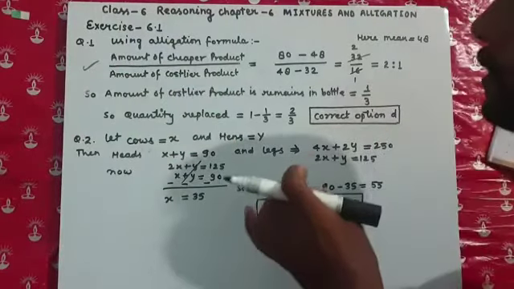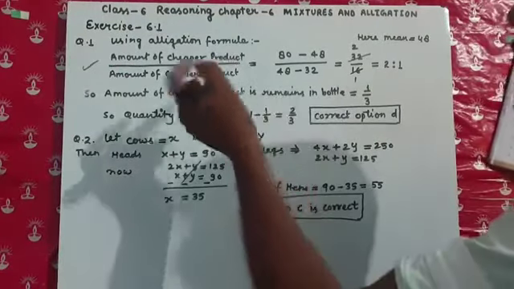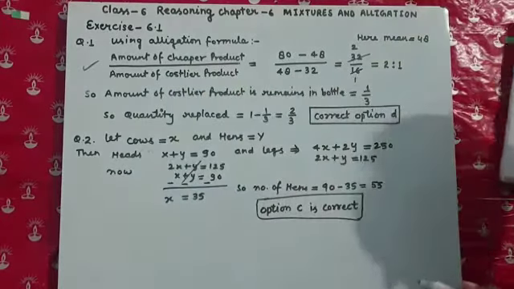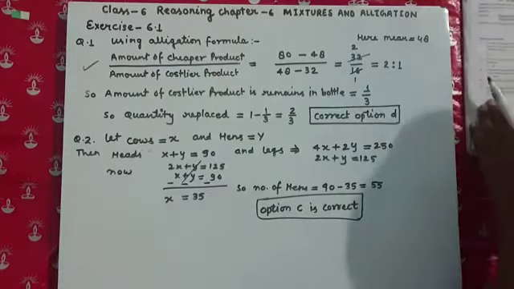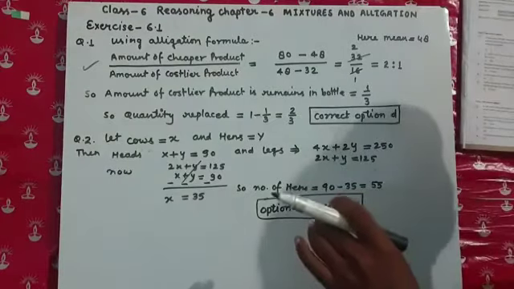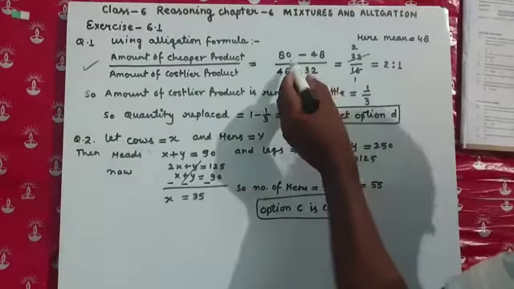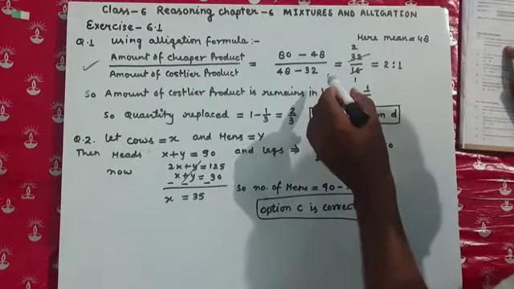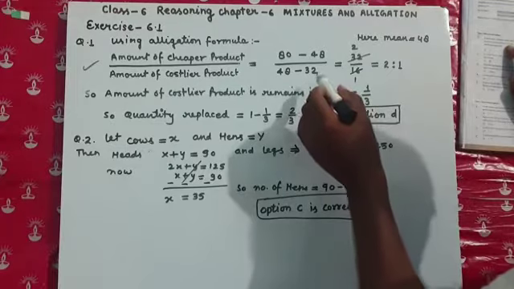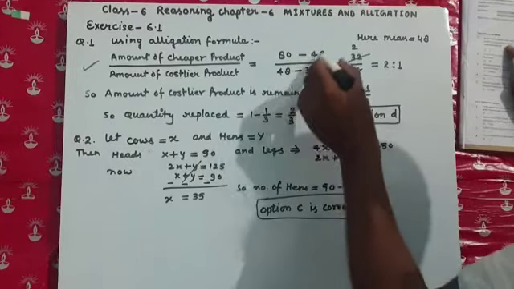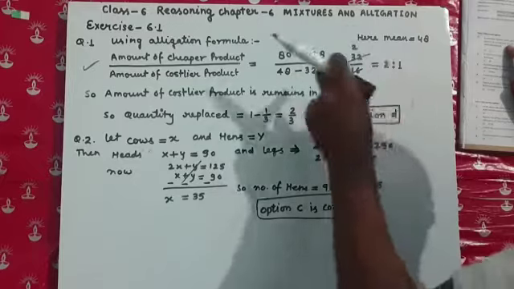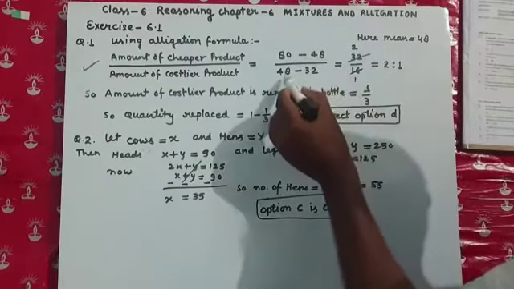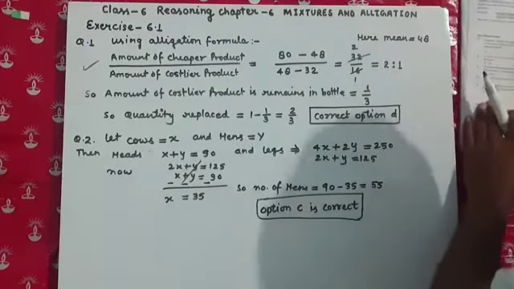So here, the ratio of the amount of the cheaper product to the costlier product is given in this manner. The costlier means the one having the heavy concentration. It has 80, and it is replaced by the minimum concentration, given as 32, and in between both of them the mean concentration is given as 48. So according to the formula, we place the values 80 minus 48 and 48 minus 32.